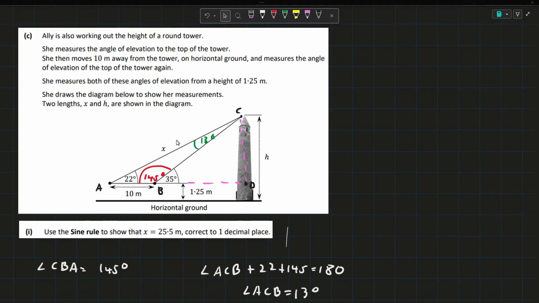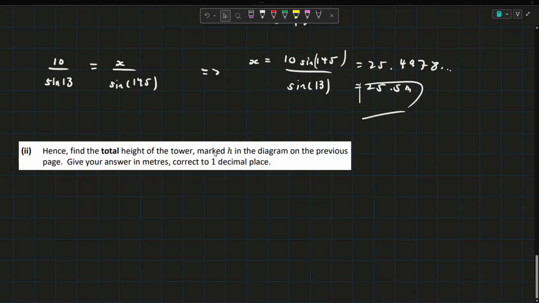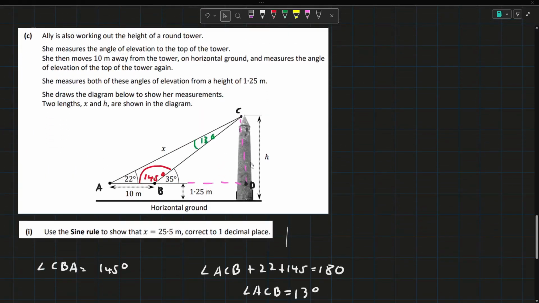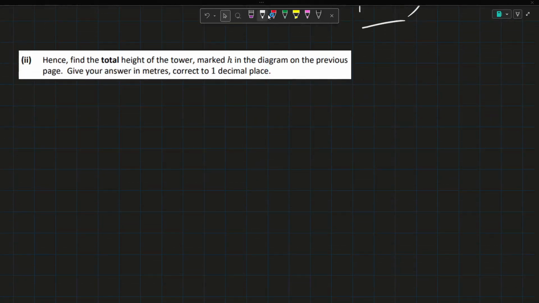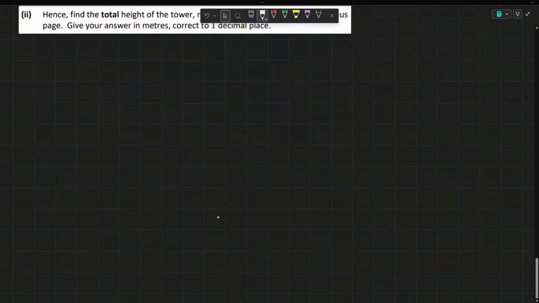Then in part C, we're asked to find the total height marked H on the diagram. So it'll help us if we look at this pink triangle, because we know what x is, we know the angle, and then we need to figure out what H is. So I'm just going to call that ACD. So if you look at triangle ACD,